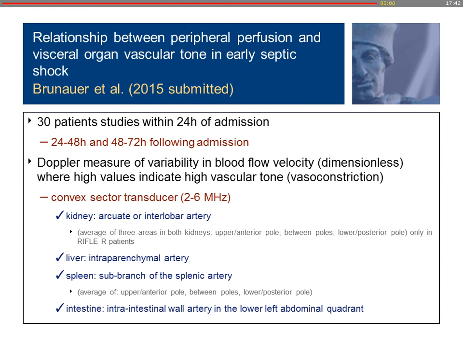And is there any relationship with something vital? Because this question keeps on coming up. Is there a relationship to vital organs? Well, Andreas Brunauer, the group from Martin Dünser, looked at this, and they looked at the relationship between capillary refill time, so this indicator of something wrong in a microcirculation, to the vital organs. And they did it with the Doppler measure of vascular resistance index, a little bit complicated as a true measure of organ perfusion, but to assess these organs in a patient, it's the only one we have at the moment. They looked at the kidney, the liver, the spleen, and the intestine.